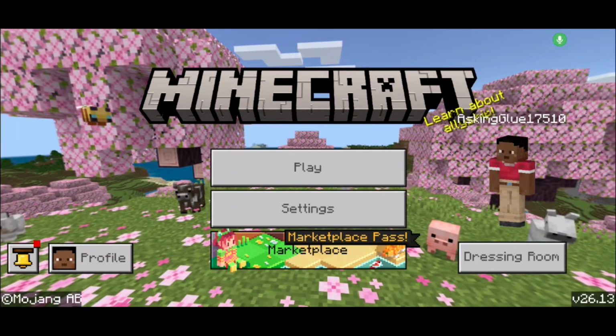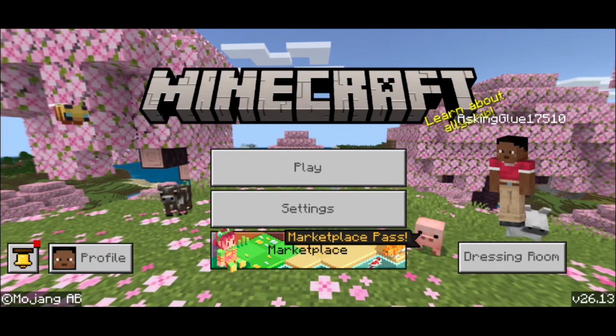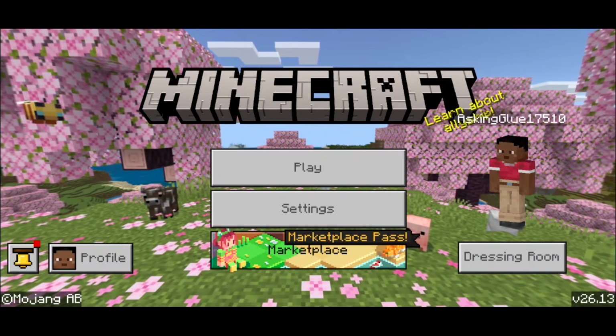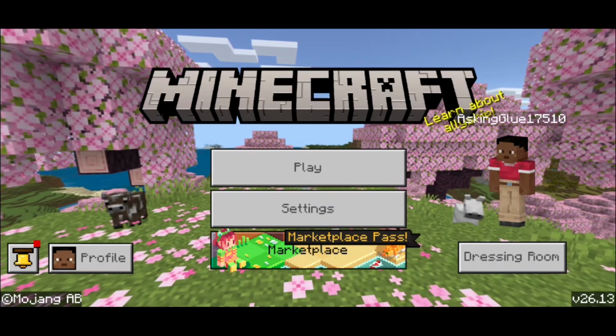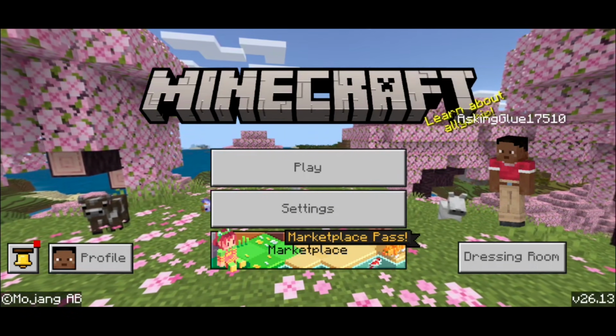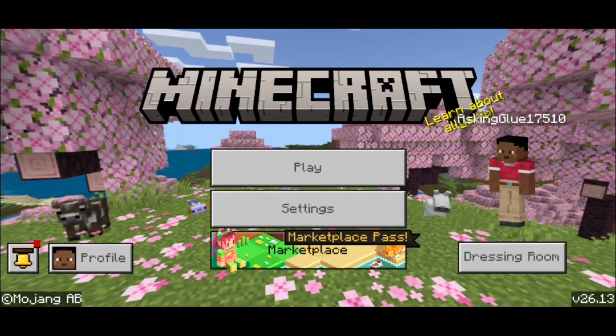In order to download Actions and Stuff on Minecraft Bedrock Edition mobile, the first thing you want to do is make sure you are signed into a Microsoft account. You'll need to be signed in to get access to the Minecraft Marketplace. So if you haven't already, go to the main menu, then go to the bottom left, and then press on